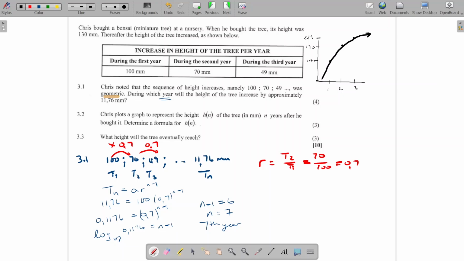Okay, now what we need to realize is that this value here is term 1. This value here is term 1 plus term 2. This value here is term 1 plus term 2 plus term 3. In effect, what we need to realize is that this is S1, this is S2, and that this is S3. So this graph is actually the graph of S, okay? So as a result, what we are hoping to find is,